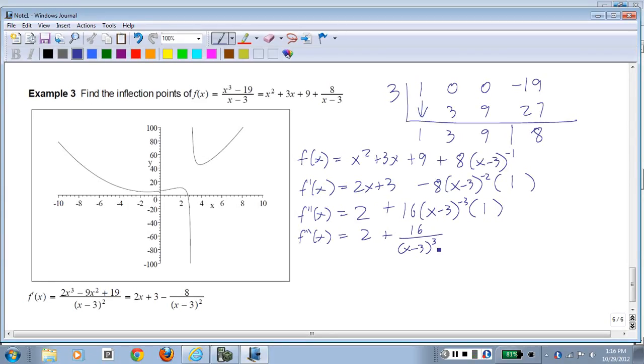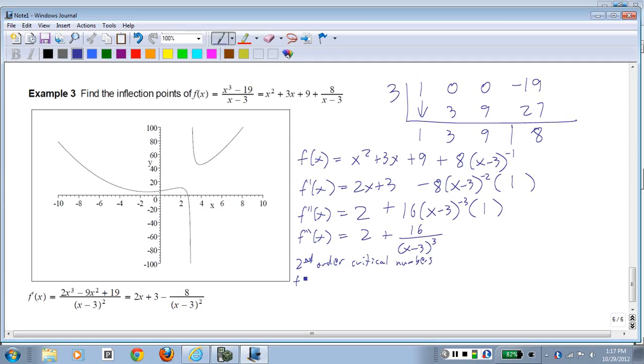Now, I've thrown this one in here because most of my examples, I say, well, this is differentiable everywhere, so we don't get critical numbers from values where it's undefined, but this one actually has a value where it's undefined. So for our second order critical numbers,